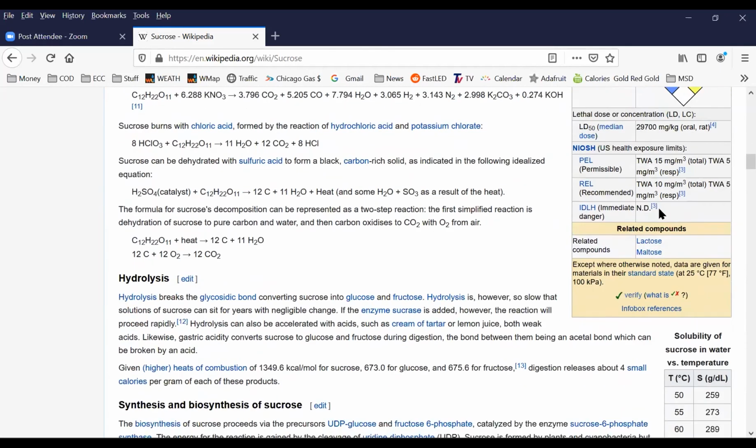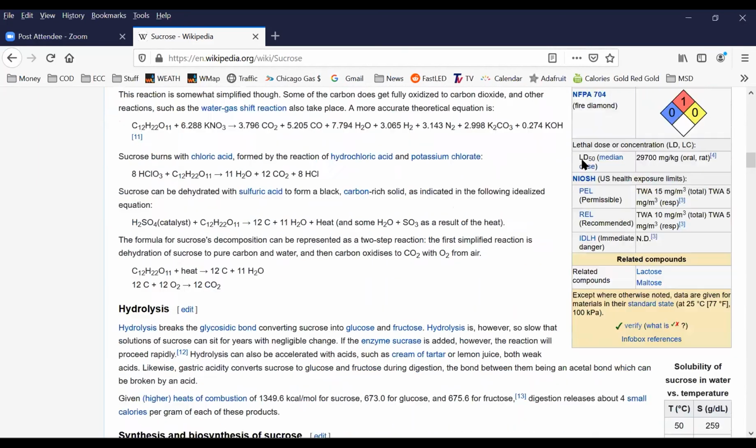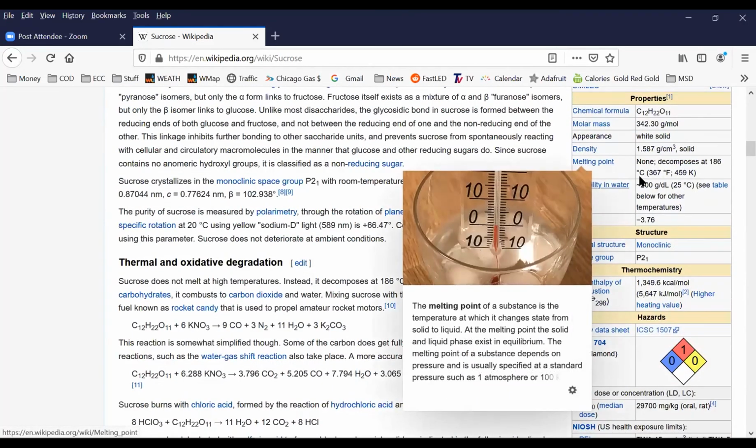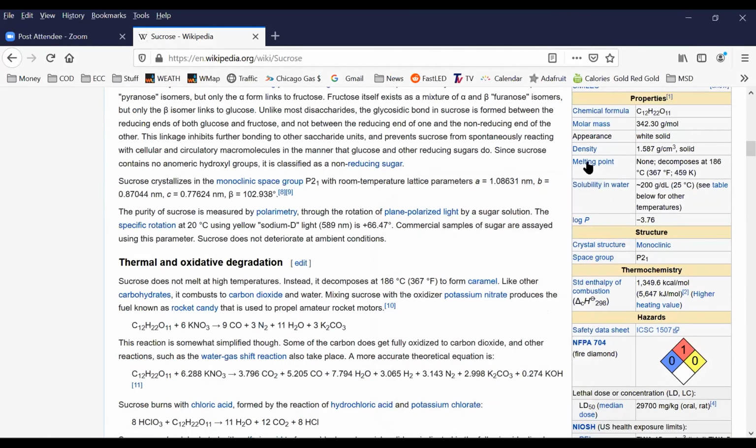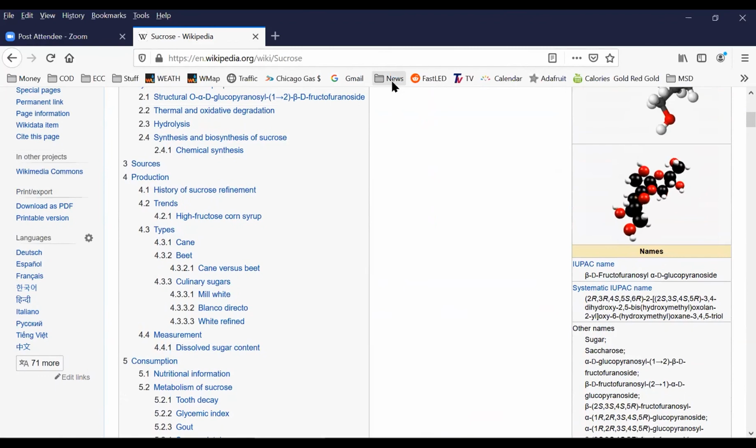Let's look at the table that I have down here. I don't know why they didn't put liter. That's stupid, but I'm not going to ask for a change. And so sugar is more soluble in water than sodium chloride. So if you want to make a sugar solution, if you want to sweeten up your life, go right ahead. Put a lot of sugar in water and have a drink.